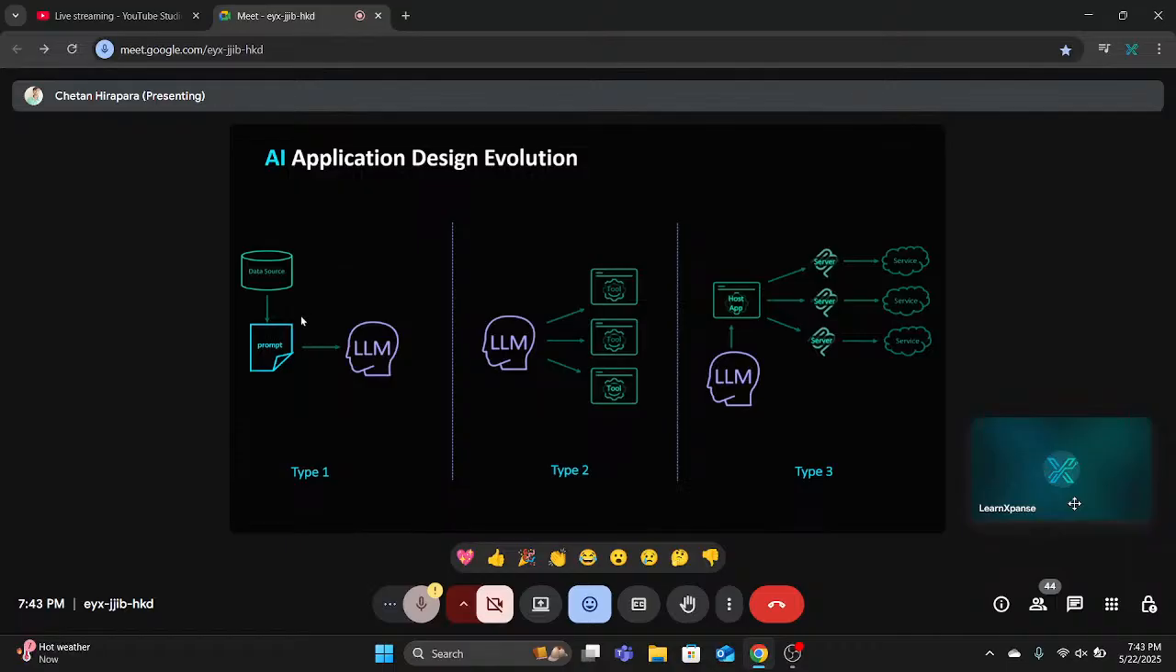And that embeddings will do similarity search and pass the context with prompt to LLM, and it will give you the output. So this was the very initial era. I am talking about the RAG now. The next era was that